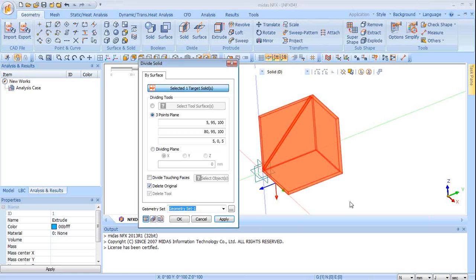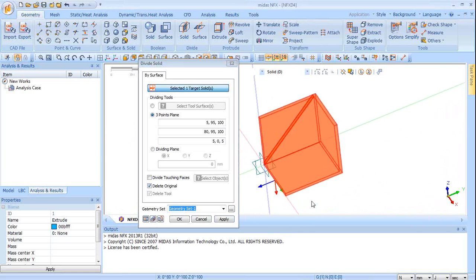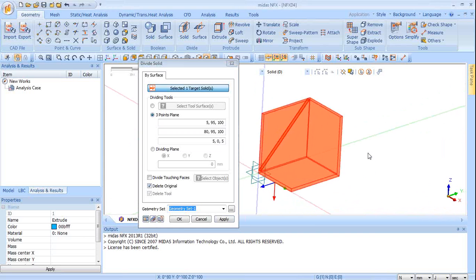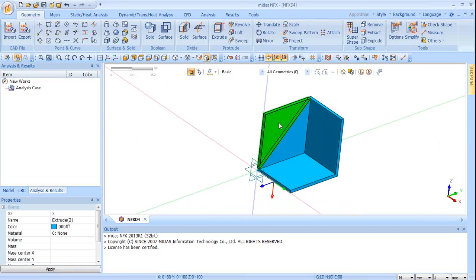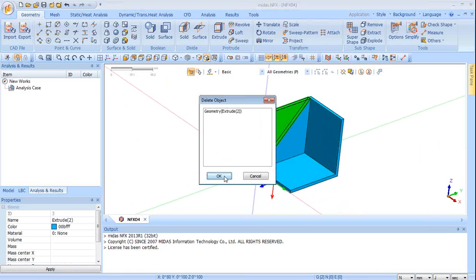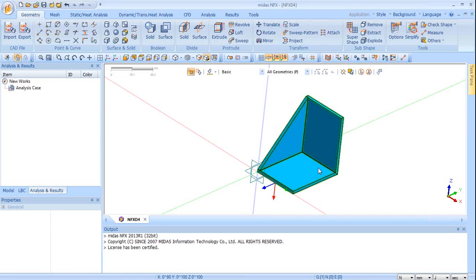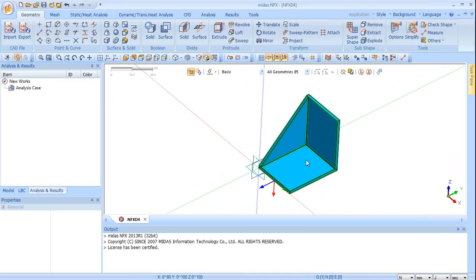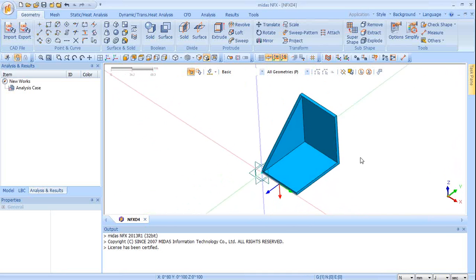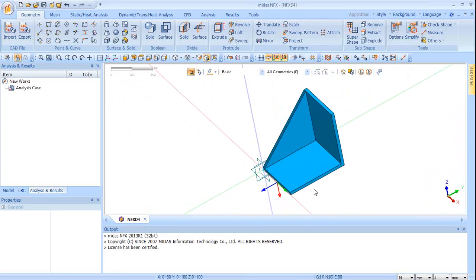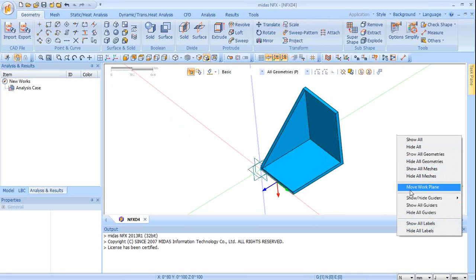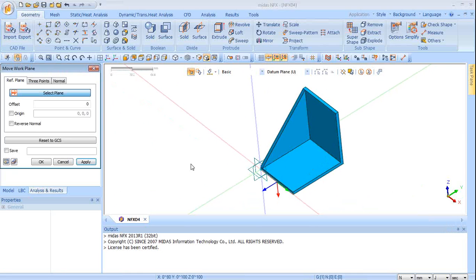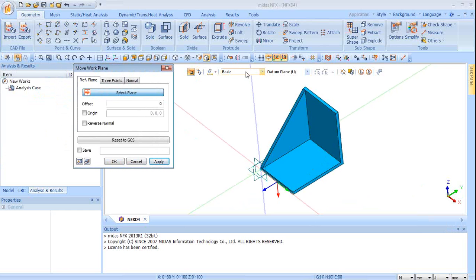And we can also preview the pattern of division of the solid. So you see the solid has been divided in the required pattern. And now this is a needless part, so we can remove it. So this is the crude model of a bracket, and now what we need to do is create 2 holes and punch those holes through this bracket. So we're going to move our work plane